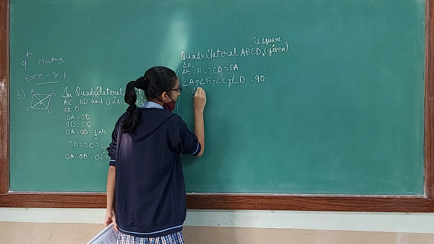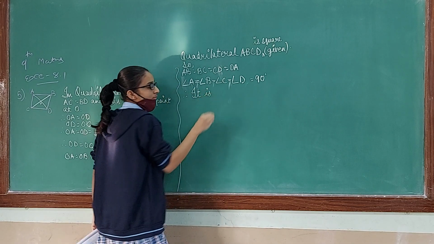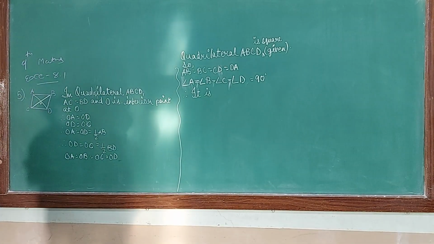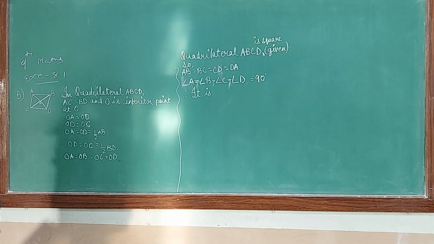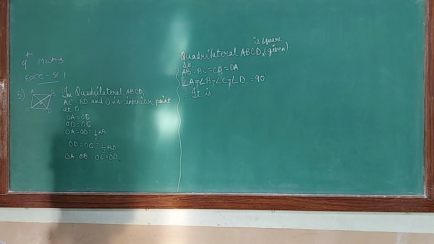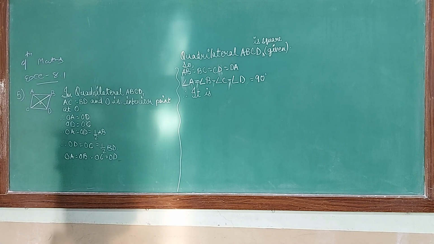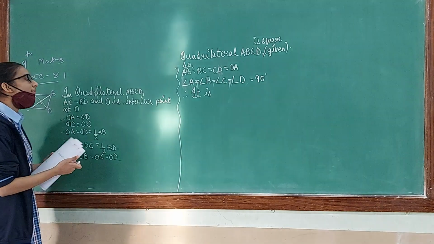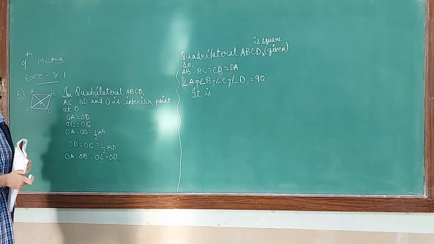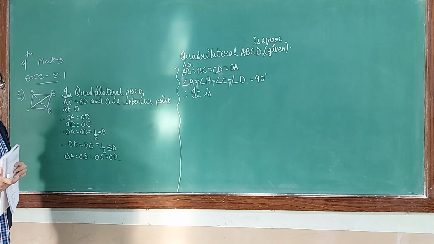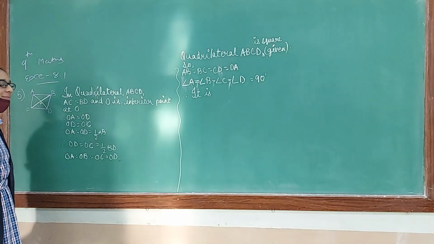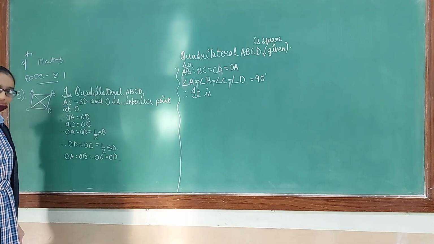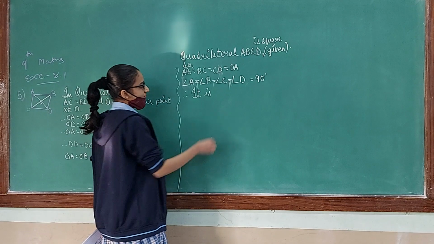Congruency rule, you can prove. See, still you can prove using a congruency rule. You can take any two triangles from the quadrilateral and you can prove it by CPCT and congruency, right? By using that, the opposite angles you can prove according to the same only, CPCT and congruency. Then also you can go. See, in such kinds of questions, you have to explain the same thing everywhere. But the condition is that you have to know the theory and the question, what they want. Okay, so almost done. Thank you, Anushka.